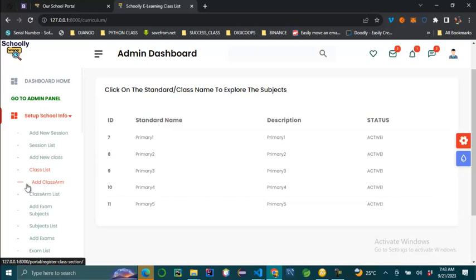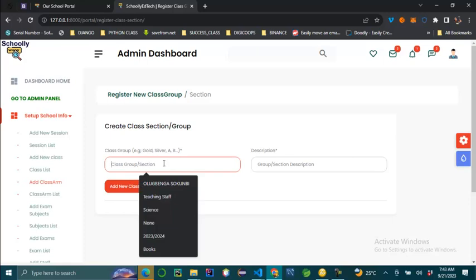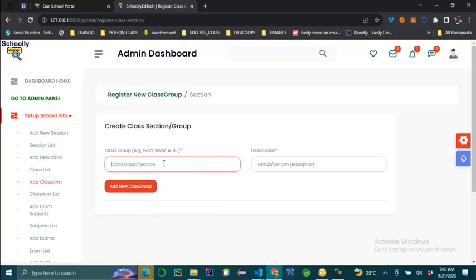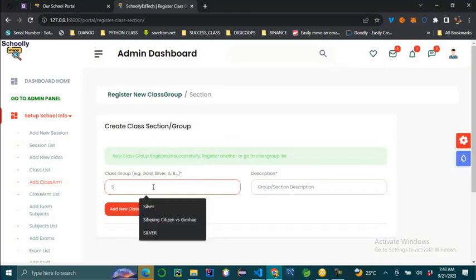So I'm going to click on the add class arm, and on the class arm I have this form also that says class group, e.g. gold, silver, A, B. So let us register gold. Whatever the convention you use in your school, please just use that. So I can register silver,